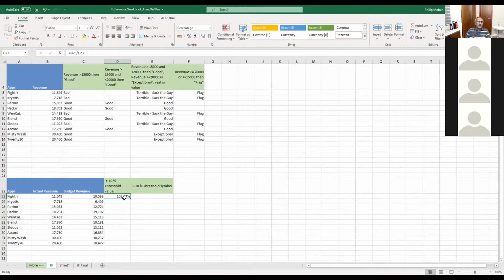Okay, so now what I want is to reduce this from 1. This minus 1 will give me 9.97%. And it's a positive figure because the actual revenue is bigger than the budgeted revenue, by 9.97%. Anyone has a confusion about that? No. This is normal math, this is not Excel even.